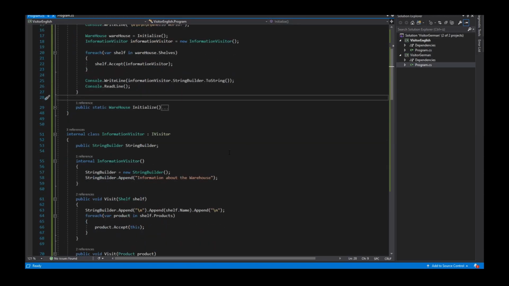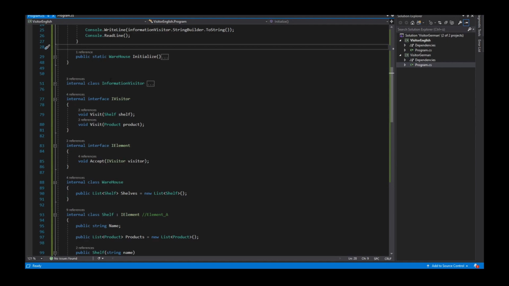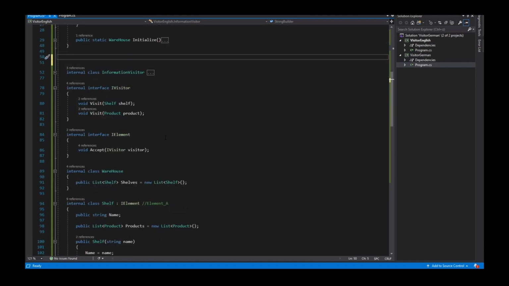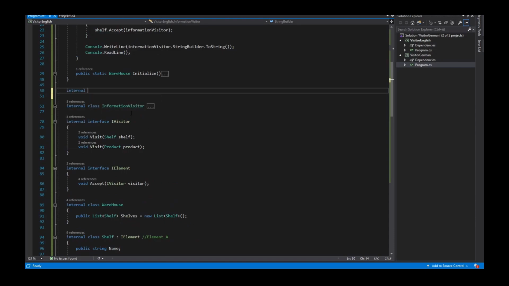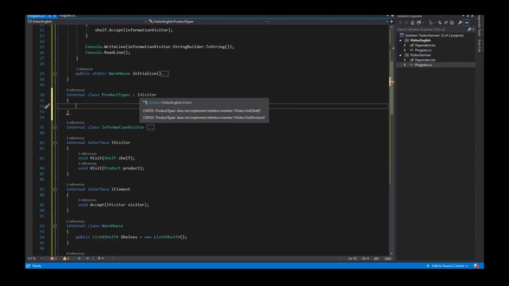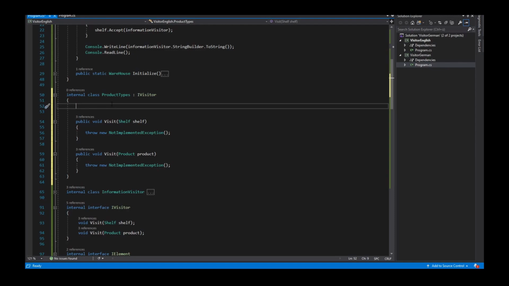And one advantage of this pattern is that I can also implement more visitors. So I can say, if I want information about the warehouse, which product types I have inside, I can implement a new visitor class and say product types. This class also implements the visitor interface. So we have to implement the methods. And this class has public int the amount of smart